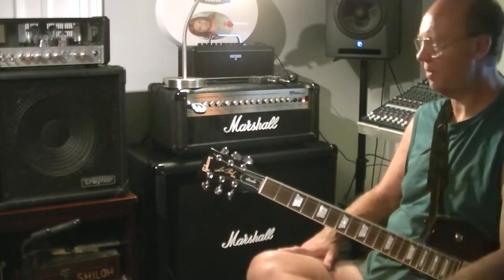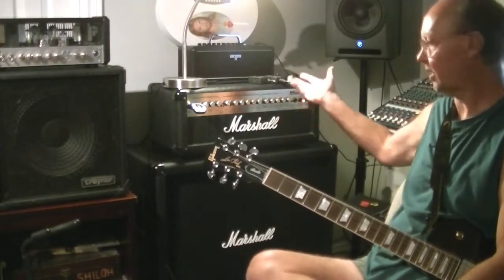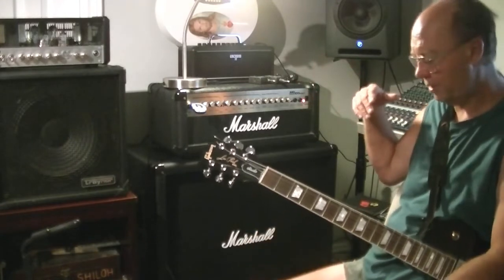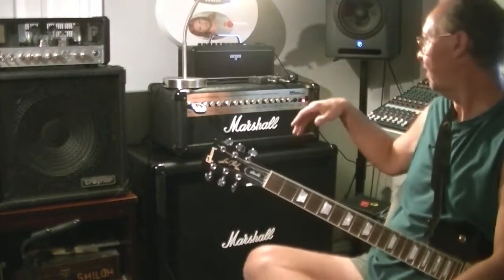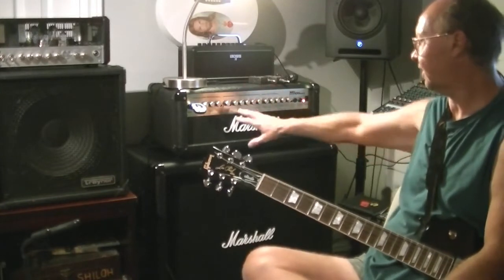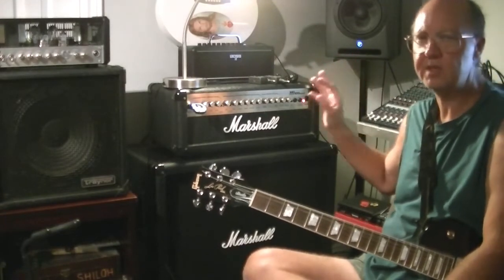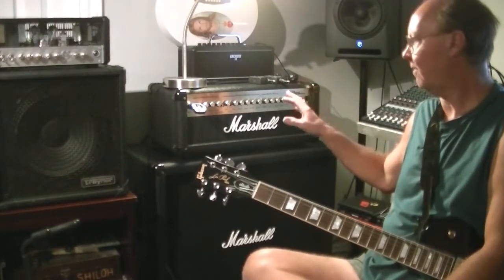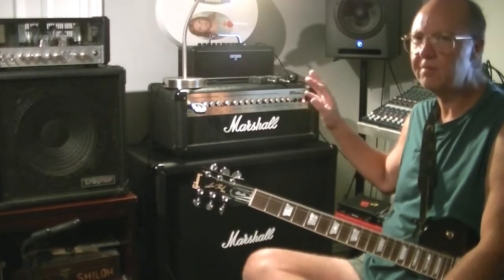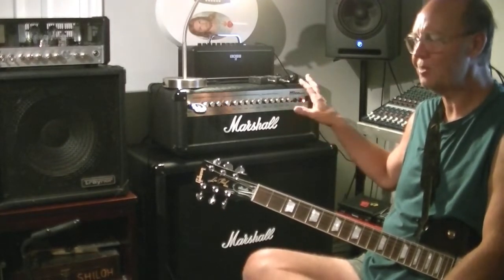I have a chorus pedal, which is great, but now I have built-in chorus here, which I can use or not use, and I can just turn it on and off, just like I would with a chorus pedal anyway. The reverb is great, very controllable. All the effects, like the gains and the volumes, everything is so nice and sensitive, but also so nice and controllable. I've played on several Marshall amps, and I gotta tell you that so far this one is my favorite,